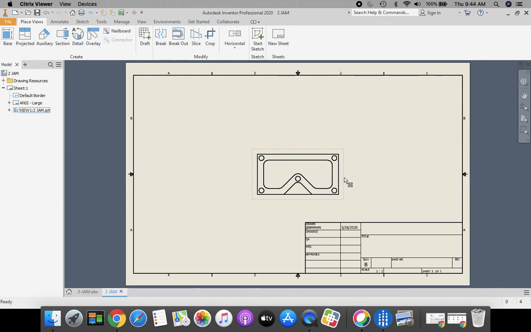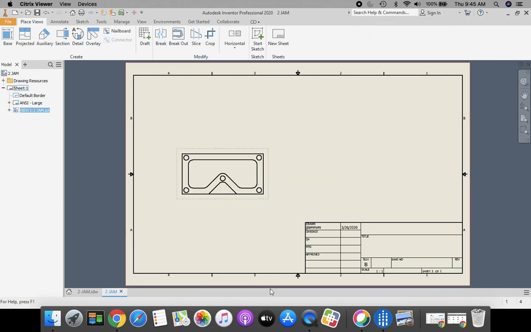Take your cursor, get the red dotted line that goes around the perimeter of your object. We're going to click and stretch this over to the left. Okay, now let's talk about creating that